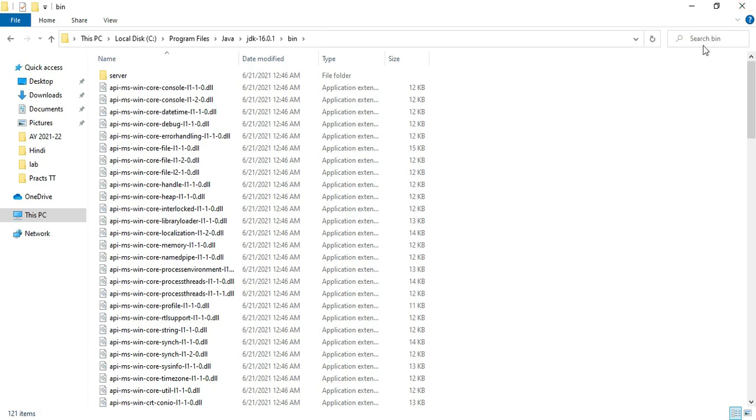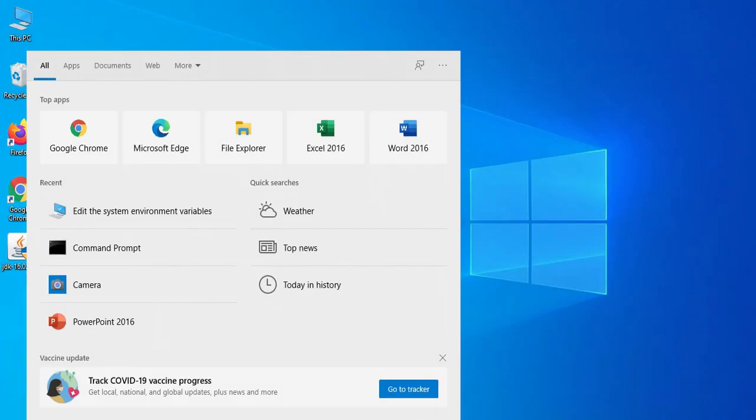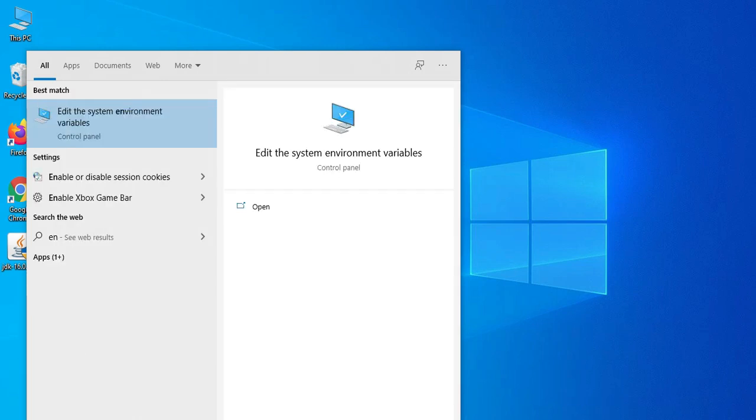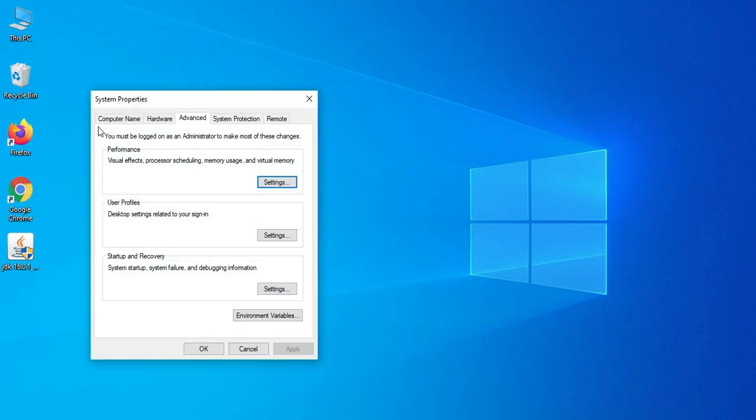One thing I would like to show you is that you don't have to set the environment variable, because as soon as you install Java, the environment variable is set automatically. So let me take you to the environment variables. You can just type environment variable in your search box, and here you can see Edit the system environment variables.